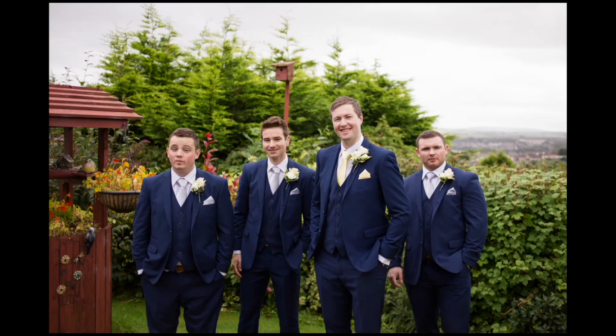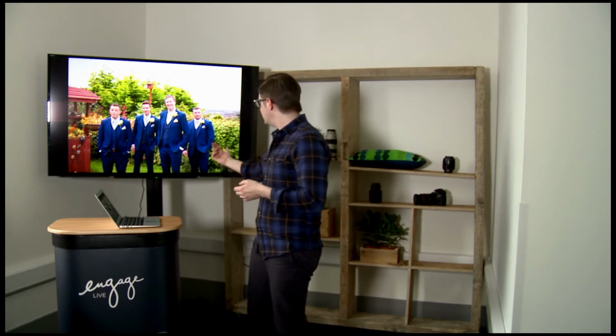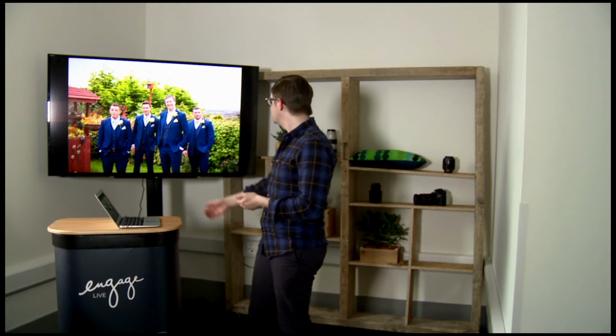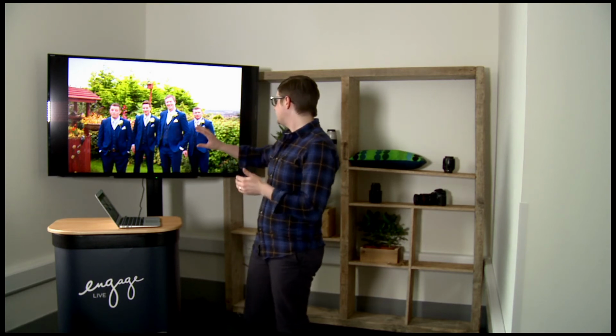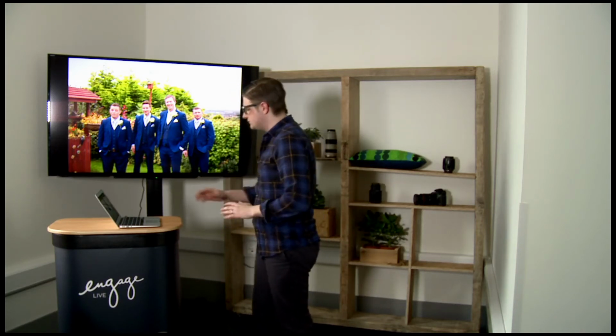Once I've done their individuals, I get the group shots done. Organise them out a wee bit. Usually I like to have the groom stand a step out from the rest of the guys, so you know who's the groom. This one, I just take the shot first, and once I get them posed up, they're all standing there, hanging out, and then I take the camera down, like I said earlier,